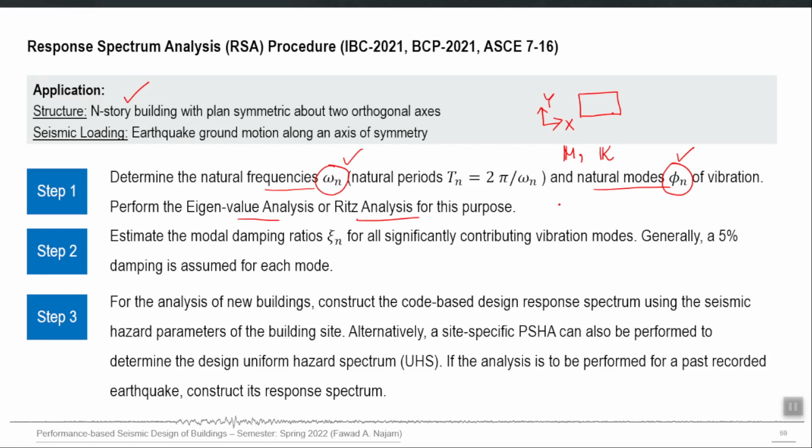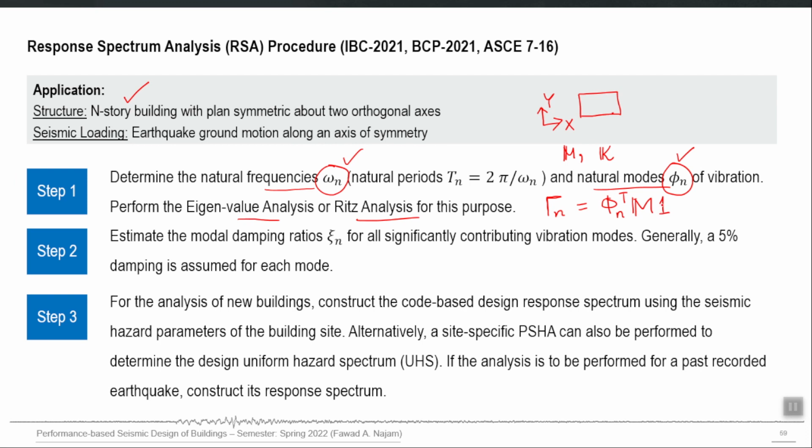Once you calculate omega and phi, you can also calculate another modal property, which is called the modal participation factor, denoted by the symbol gamma, and it can also be calculated for each mode, right. For its theoretical detail and concept, I refer you to my detailed video playlist on the RSA procedure, but for now just see here that it is one constant quantity which can be calculated for each mode, and its mathematical definition is that for any nth mode, gamma n will be that mode shape vector, transpose of that mode shape vector multiplied by the mass matrix multiplied by